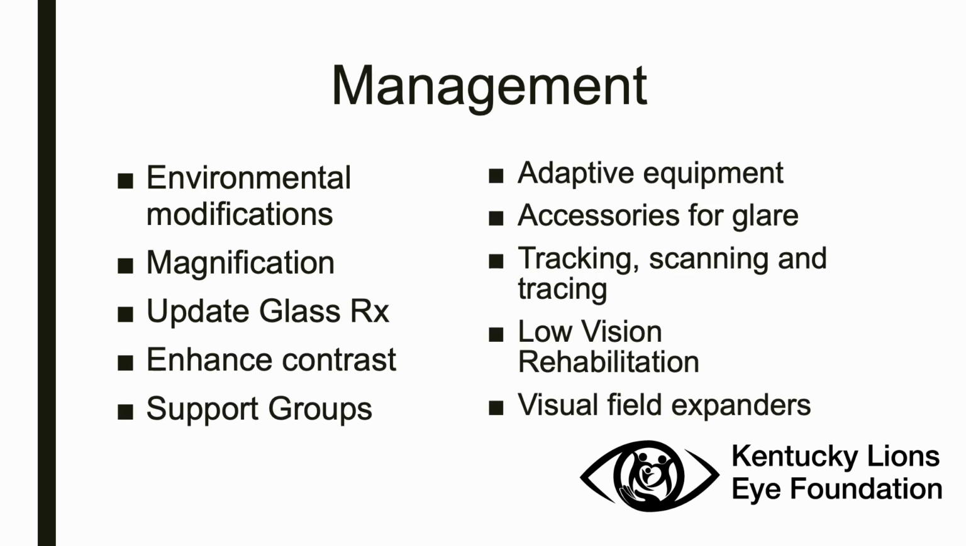The following can be used as management for glaucoma: environmental and organizational modifications within your natural home, magnification to improve the visibility of text, a change in eyeglass prescription to maximize visual acuity and reduce the need for magnification, enhancing contrast and lighting in natural environments, support groups, utilization of adaptive equipment that will help maintain or increase independence in everyday tasks,